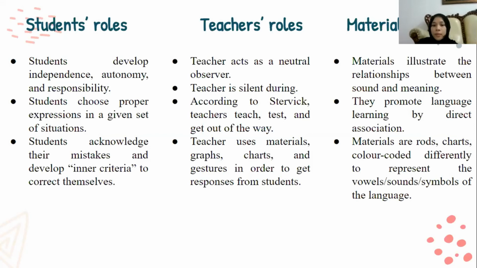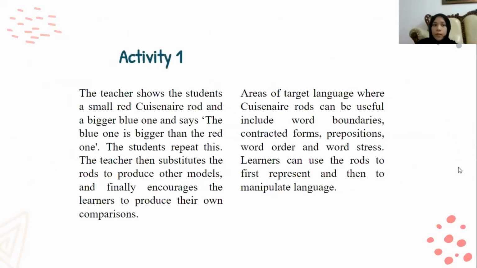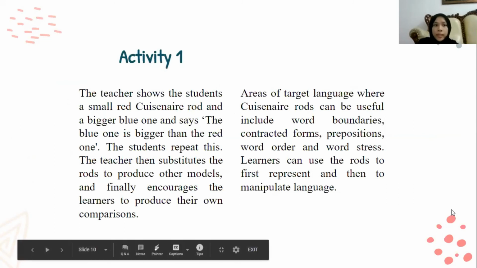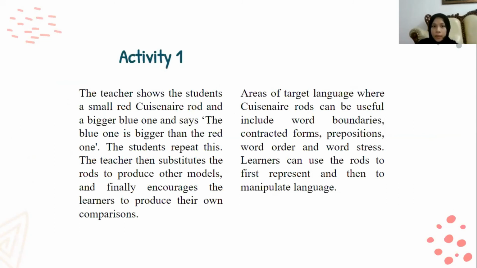Next, this is an example of a teaching and learning activity of the Silent Way method of teaching. The teacher shows the students a small red Cuisenaire rod and a bigger blue one, and says the blue one is bigger than the red one. The students will repeat this sentence by substituting these items using other types of models. And finally, the teacher will encourage the students to produce their own comparisons. The students will use other materials and other models to compare these